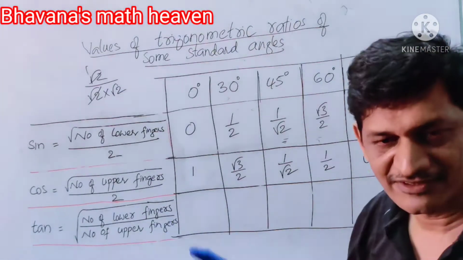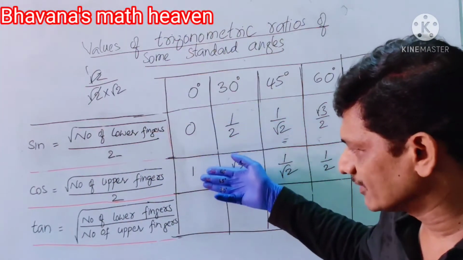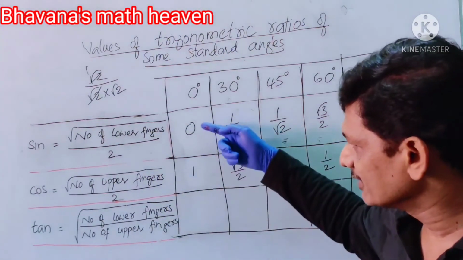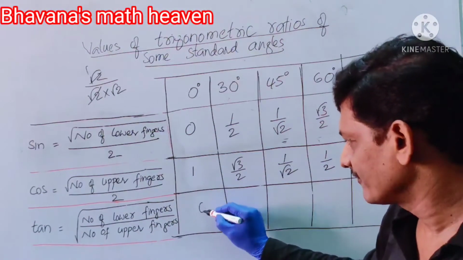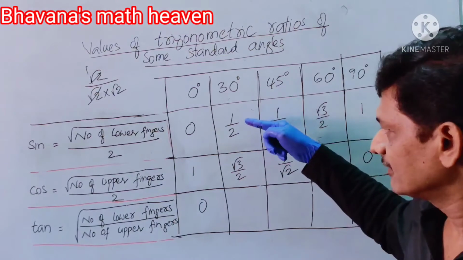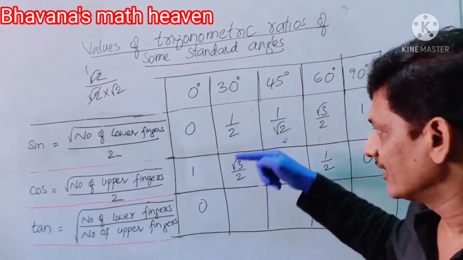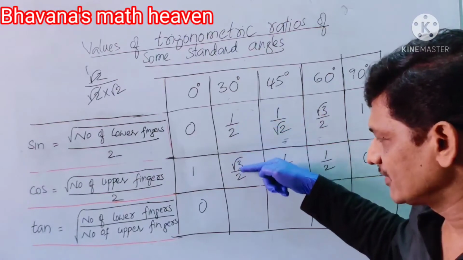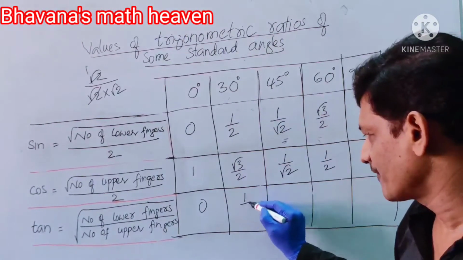Now coming to tan, sine by cos. So divide sine values with cos values. So tan 0 is sine 0 by cos 0, that is 0 by 1, which is 0. And coming to this, sin 30 by cos 30, you get the tan 30 value. Here the two equal denominators get cancelled. 1 by root 3 remains.